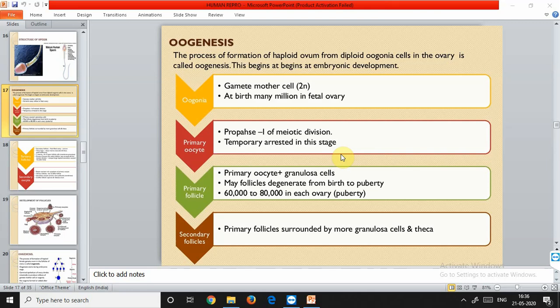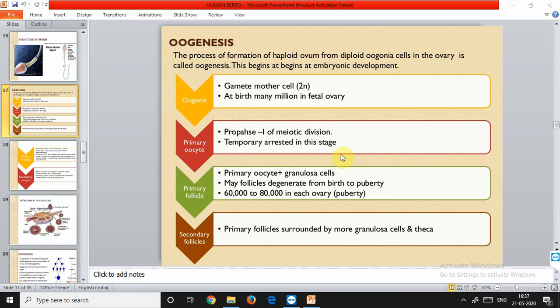In vertebrates the first polar body is formed after the primary oocyte is released from the ovary. The second polar body is formed only when the sperm enters the ovum during fertilization. So the formation of the second polar body happens only after fertilization has occurred, that is, when the sperm has entered the ovum. Otherwise it will not be produced if there is no entrance of the sperm and no fertilization.